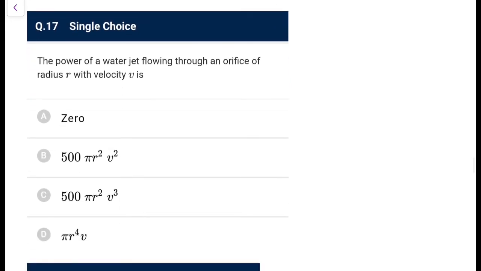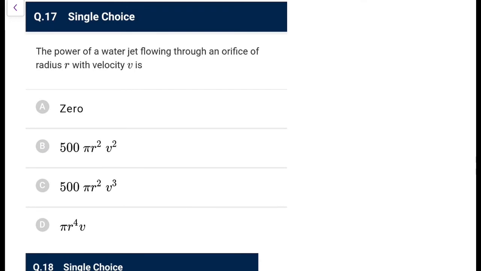Next, the power of a water jet flowing through an orifice of radius r with a velocity v is, so what we have the power here, just take it like this. If it is going with speed v, the water which is at a distance v delta t will be pushed out in delta t time. So in delta t time, the total work done would be imparting the kinetic energy to this complete length. What is the complete length? V delta t, into area of cross section, that is the volume that is pushed out, multiplied by density into v square. So this much work is done in raising the kinetic energy of this much amount of water in time delta t.